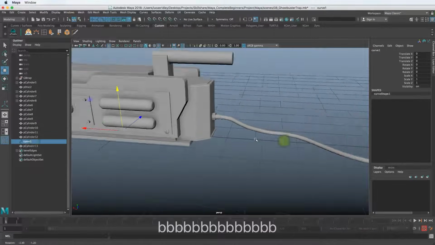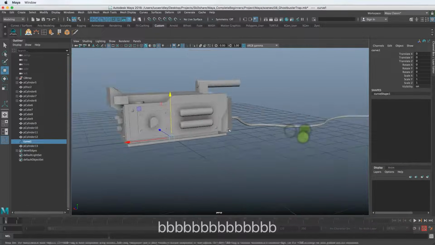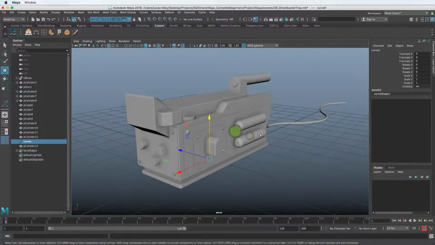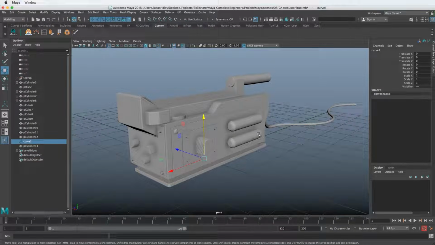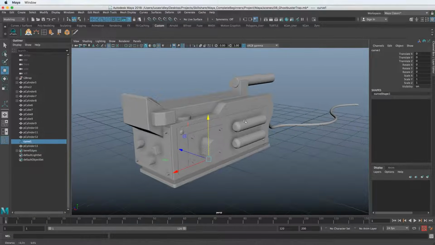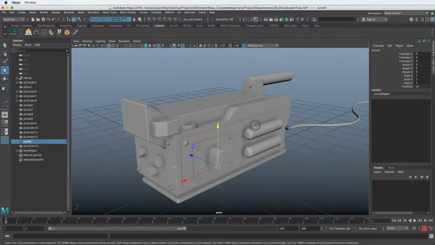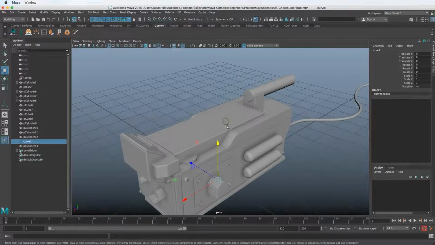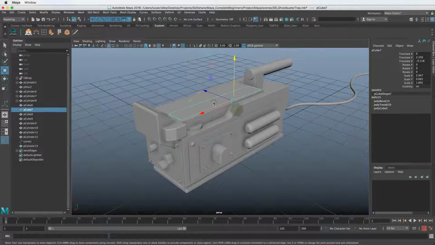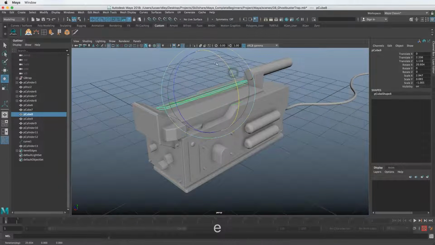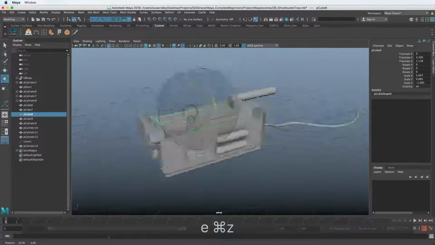We have created the Ghostbuster trap, and we've done it with hard surface modeling techniques. In the next series of lessons, we're going to cover more organic modeling techniques, and we're going to create a character that we will eventually use to rig and animate in later lessons. We're also going to revisit this model later on and texture it and maybe do some animating on this as well. Let's see what we have in store for that later.